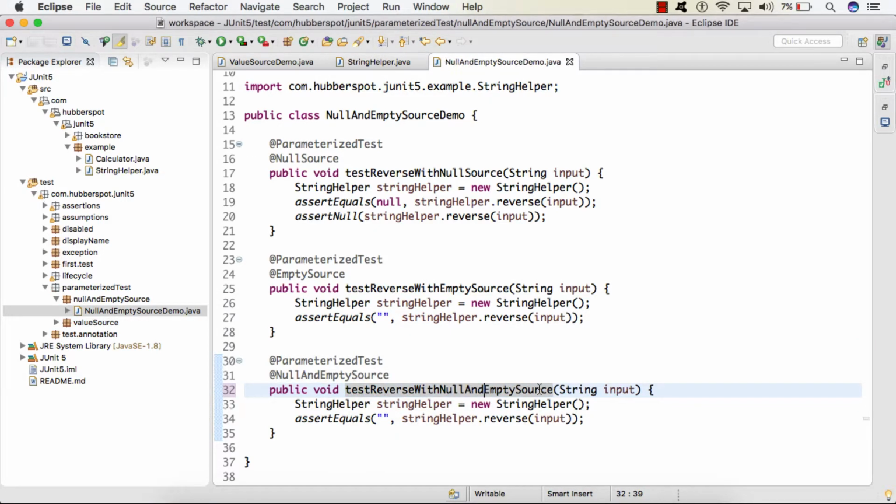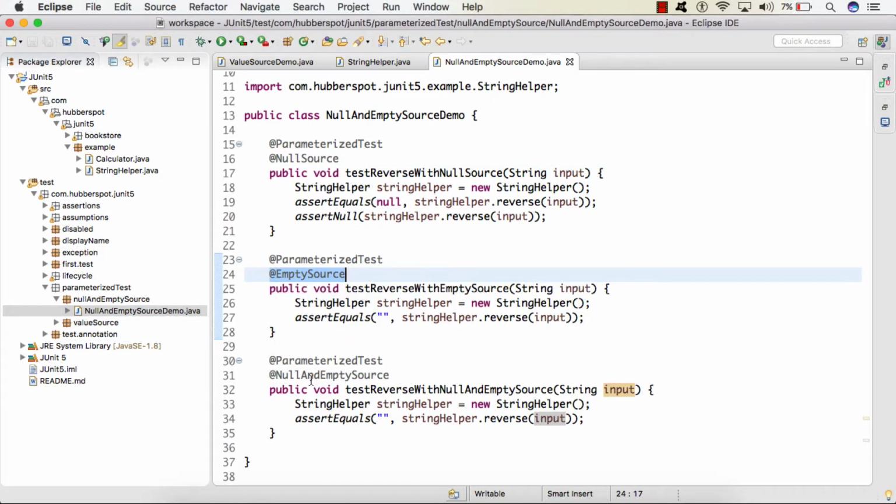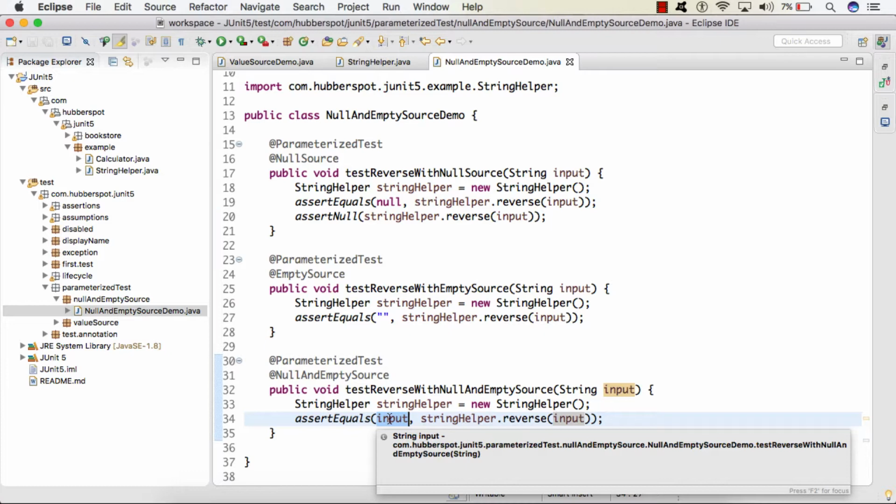null and empty source. So friends, here we know that now instead of one single value here as null and here as empty, now we are using @NullAndEmptySource. So this test will be called twice, one with the null value and other with the empty value. So here we'll simply assert that when we pass the input as null, we get a null back.